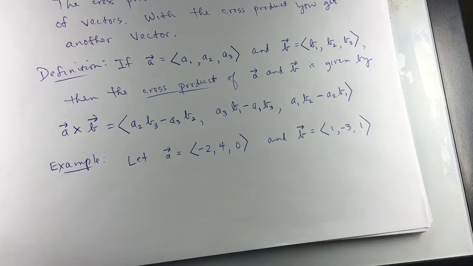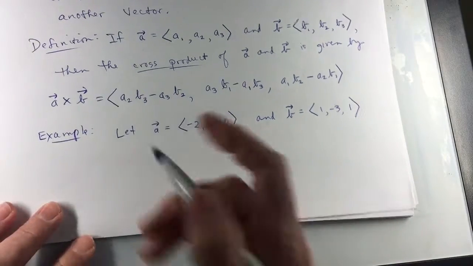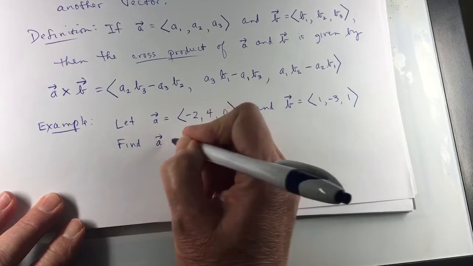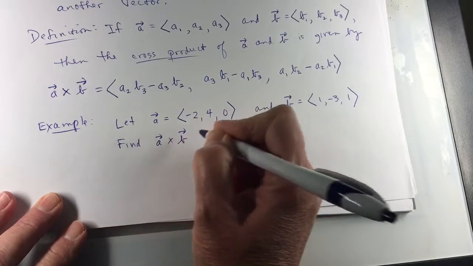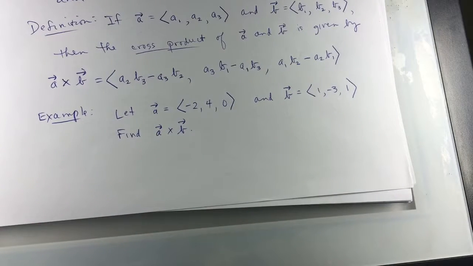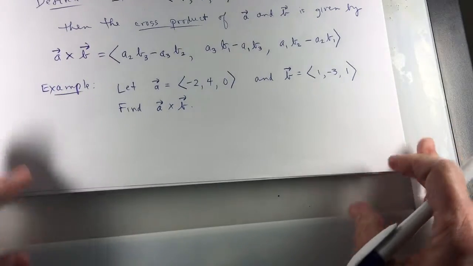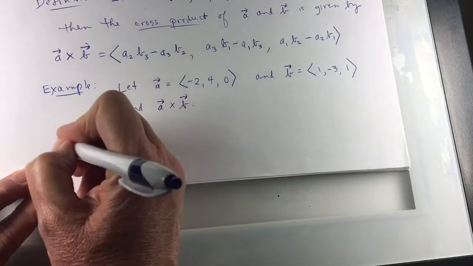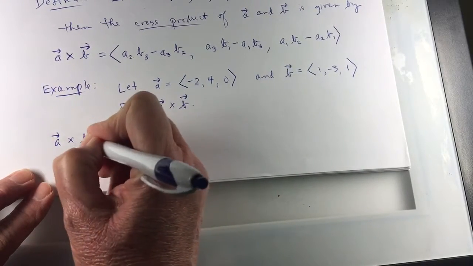So I made this one up, and I want to find A cross B. So you can see it's not going to be hard to do, but it will be a little tedious. So let's get started. A cross B